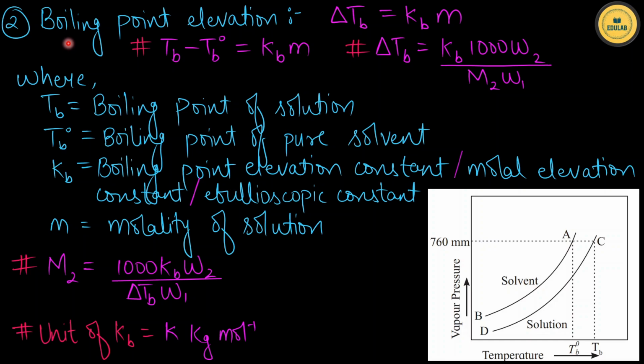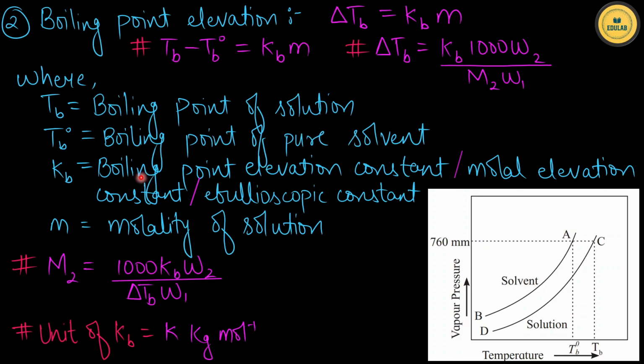The second one is boiling point elevation. That says delta TB is equal to KB into m, where m is molality. Also delta TB is equal to TB minus TB naught, that is equal to KB into m. And we can also write delta TB is equal to KB into 1000 into W2 upon M2 into W1, where TB is the boiling point of solution and TB naught is the boiling point of pure solvent,